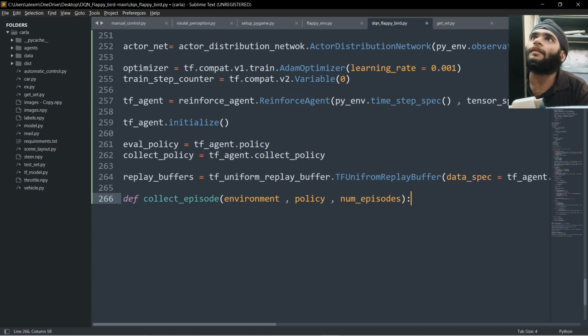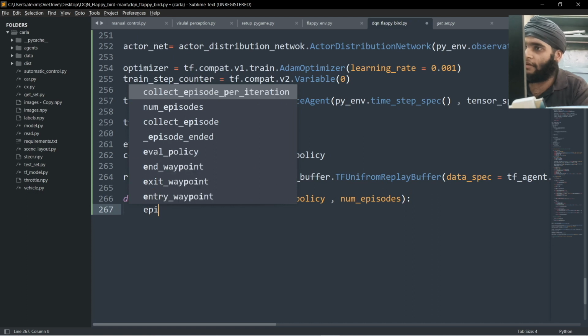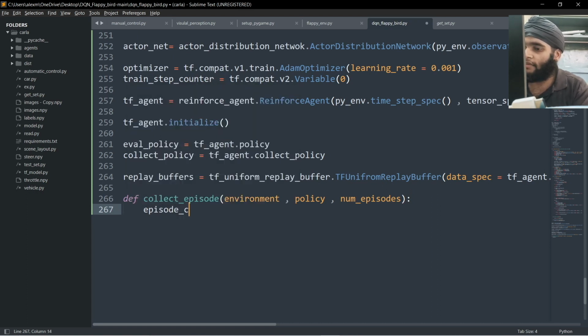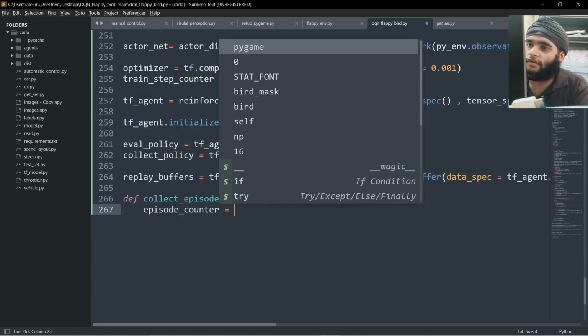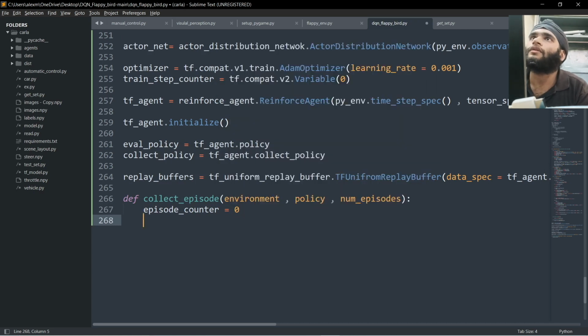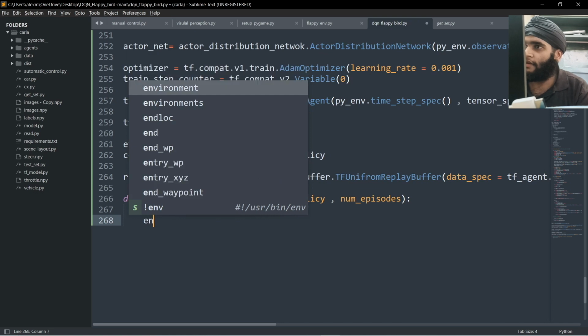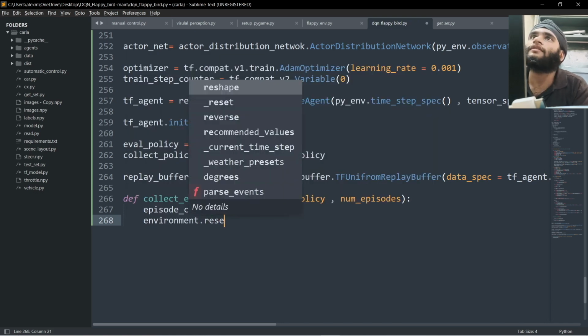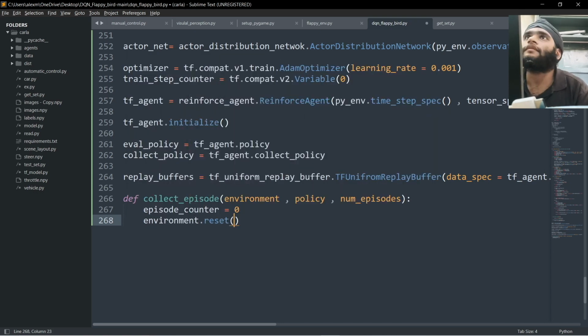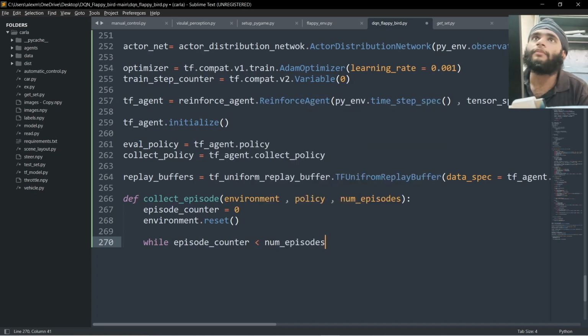Then I have an episode counter initialized to 0. Then I have environment dot reset. Then while episode counter is less than num episodes,